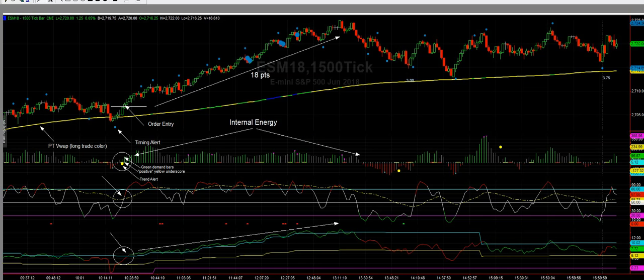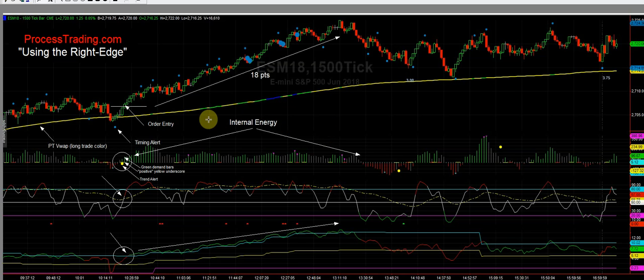Okay, this is the ProcessTrading.com right edge trading system with the daily money making setups for the S&P Emini using the 1500 tick bar chart. And what we're going to see today is how easy it was to pinpoint the perfect entry, the correct trade of the day that started in the beginning of the day on the S&P Mini,